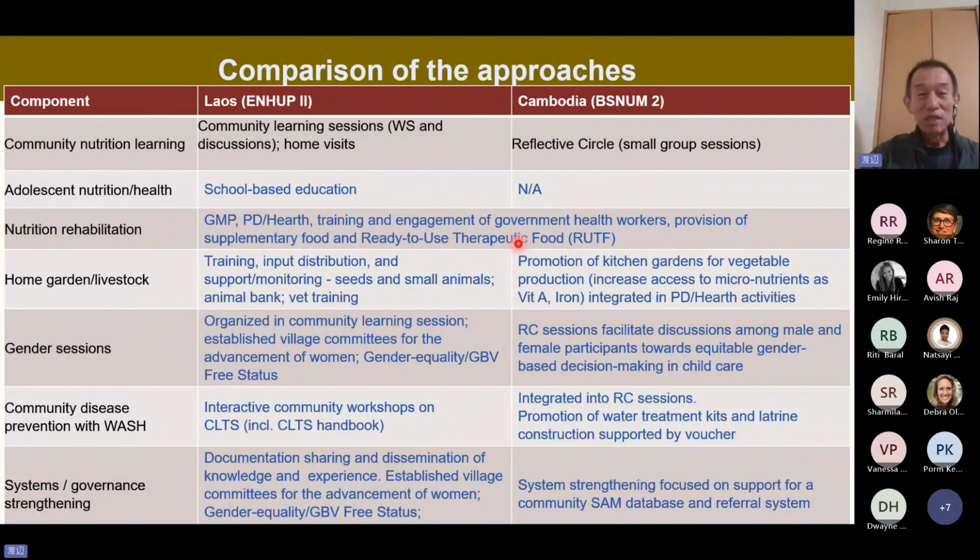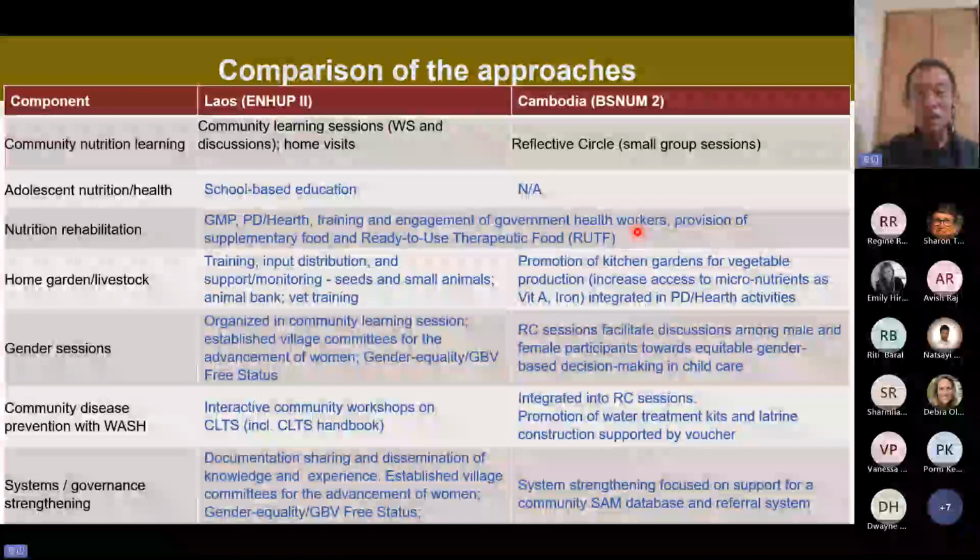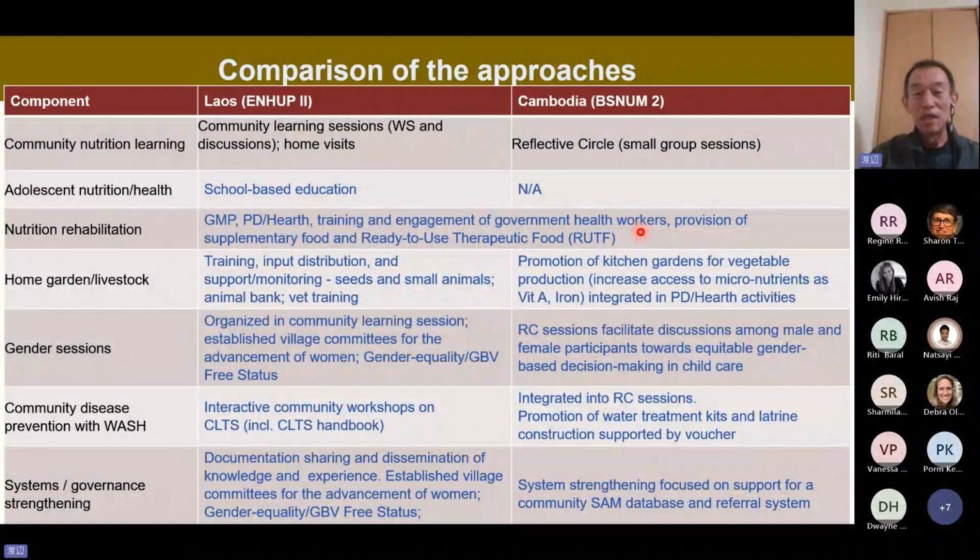Another key difference in this component is that in Cambodia, they targeted all the children, whether they are malnourished or healthy. They measure every two months, whereas in Laos,